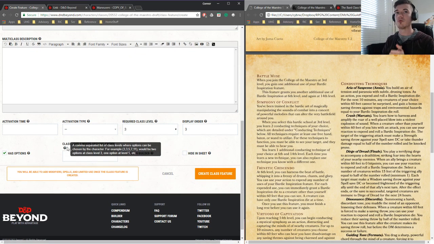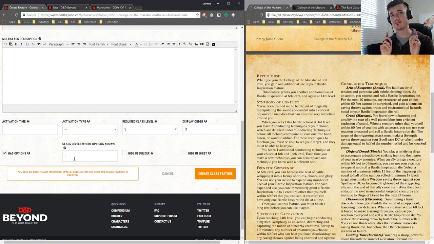And we need to make sure that our players get those class features whenever they level up. If we check out the Symphony of Conflict, we know that whenever we select it at 3rd level, we learn 2 conducting techniques. So in order to make sure that the system gives our players that, we need to say, hey, we get that option at 3rd level, so we get 2 of them at 3rd level. We learn 1 additional conducting technique